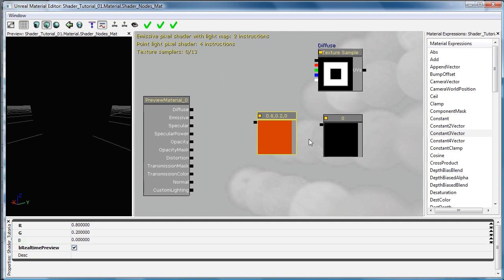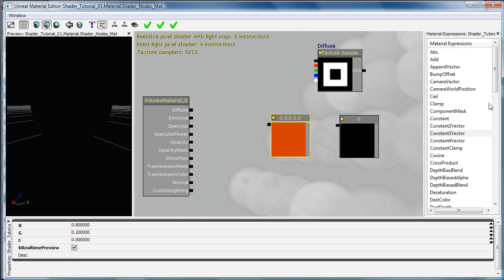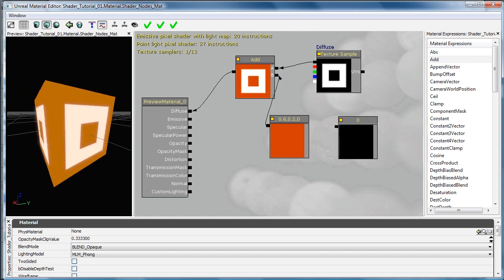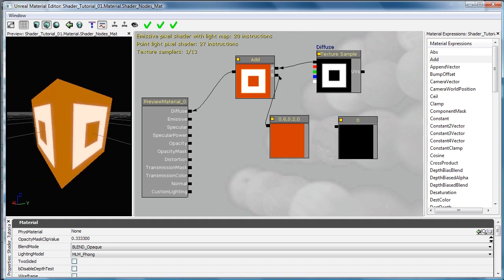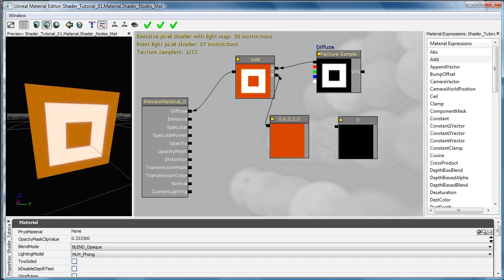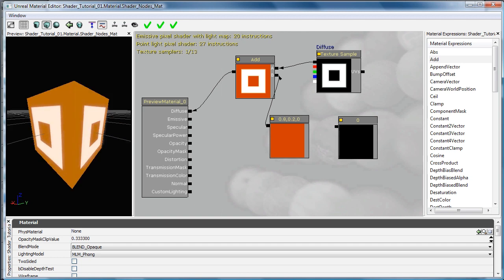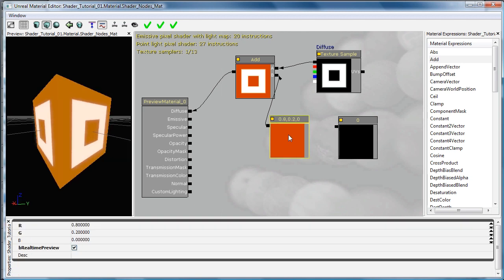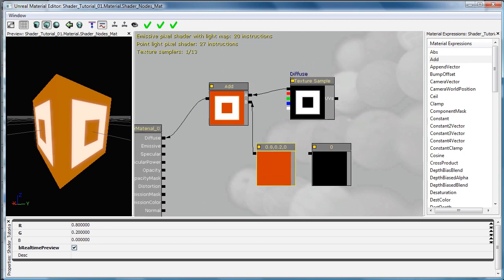So to demonstrate this a little bit, we can put down an add and just add this color to our texture. And you'll see that it added that color value to everything. And this constant 3 is a very, very useful node. We'll be using it a lot. Another node